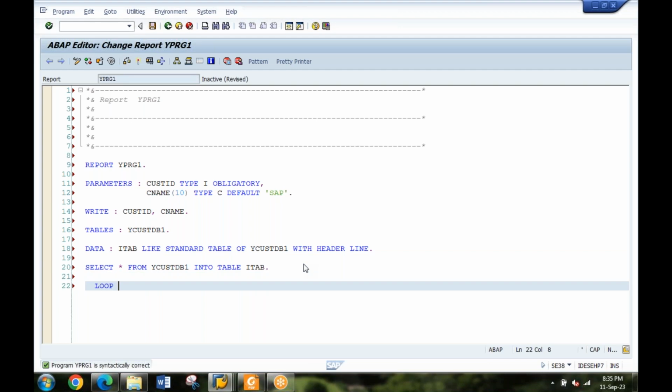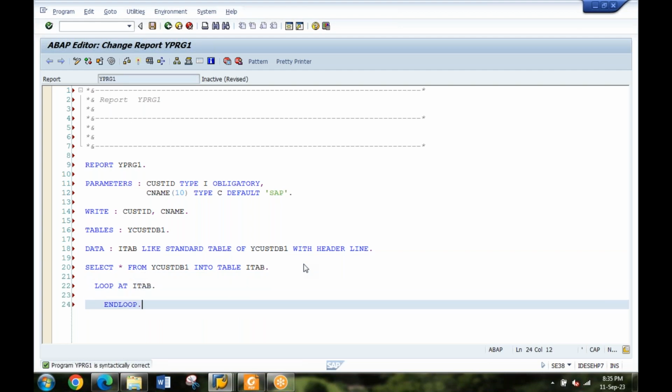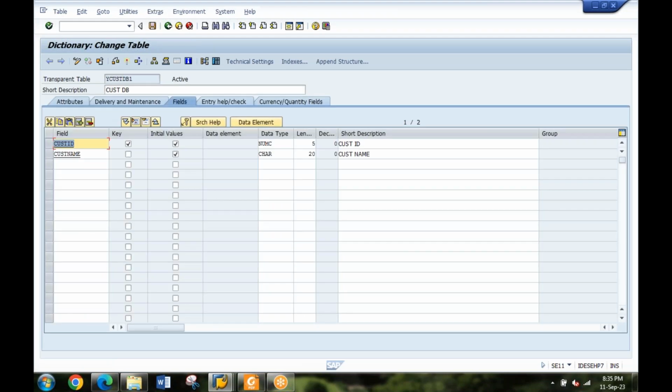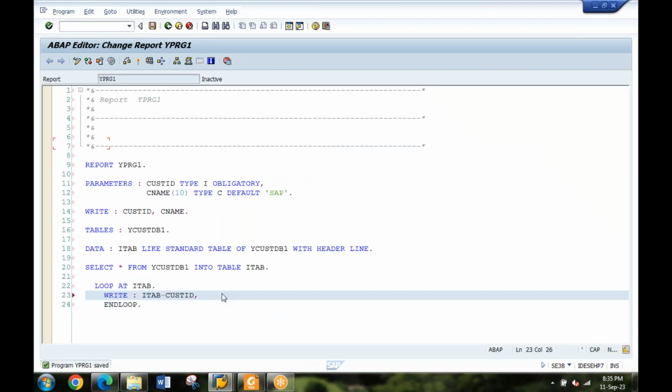Now what I can do, it was customer ID, right? The name of it is customer ID, and then we have customer name. Even if you don't remember it, you'll get all the fields here.